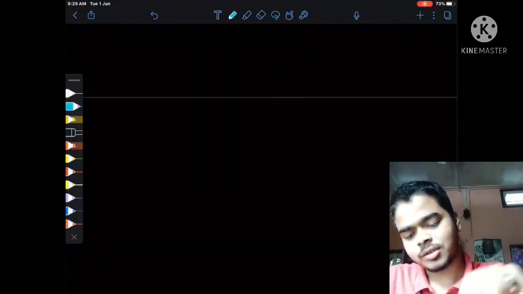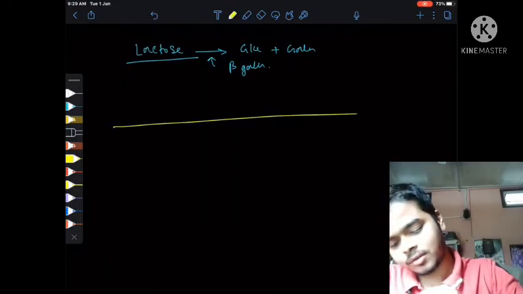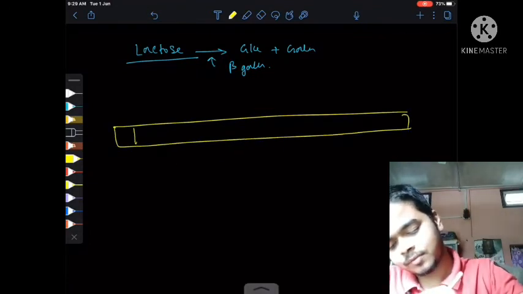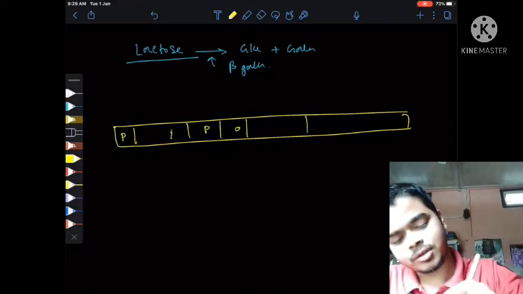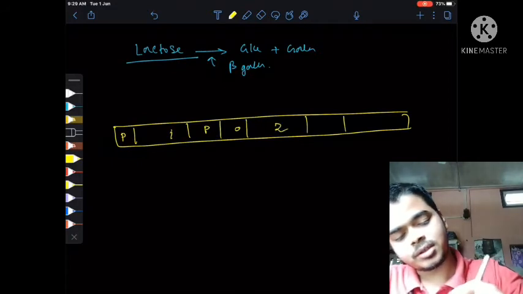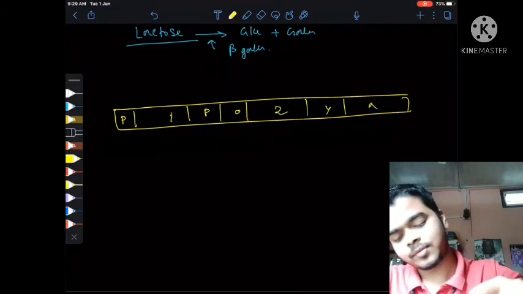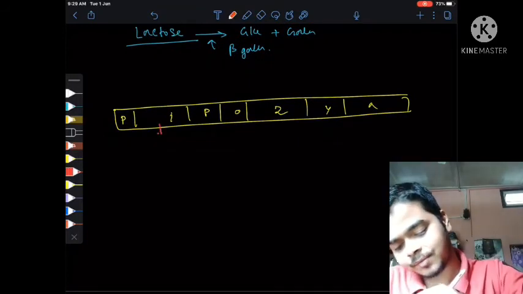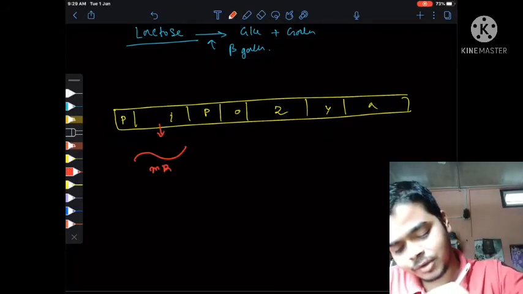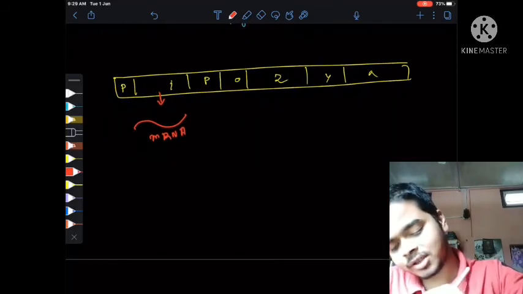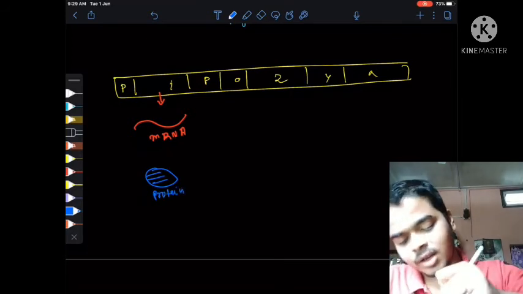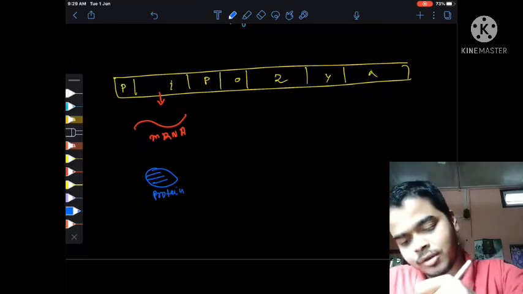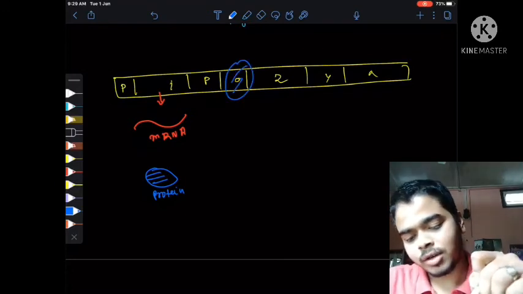Now how does the operon become on? This is our operon. This is P, then this is the repressor gene, this is the promoter, operator, then this is Z, this is Y, and this is A. Now see, the I gene has already produced mRNA, that is repressor RNA. The repressor RNA is transcribed and produces the repressor protein. In the off mode the repressor protein binds to the operator part.